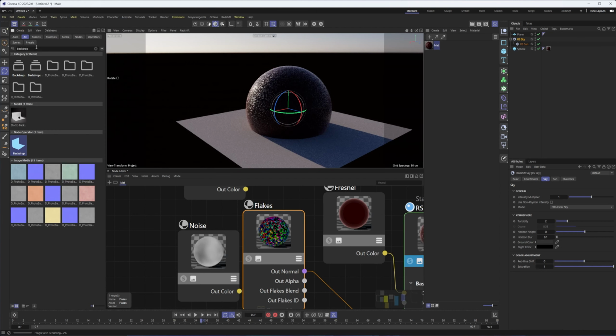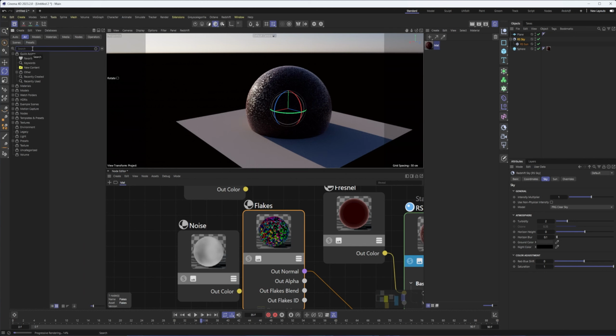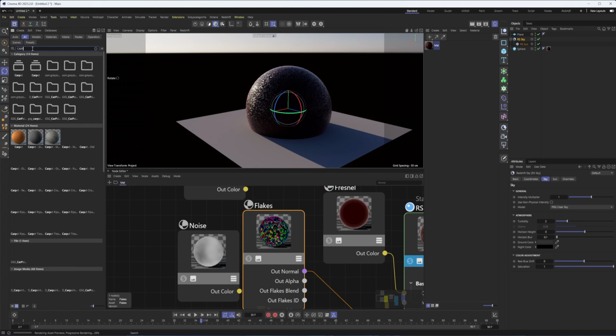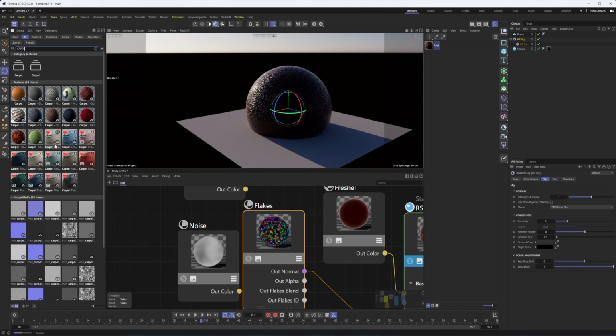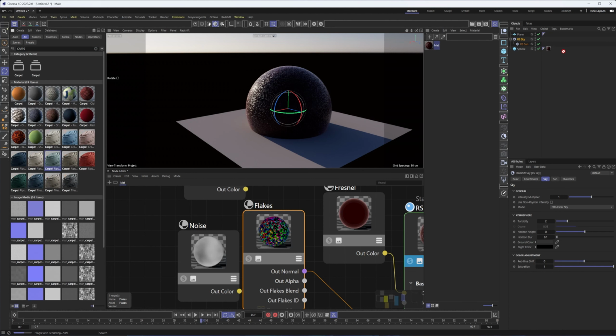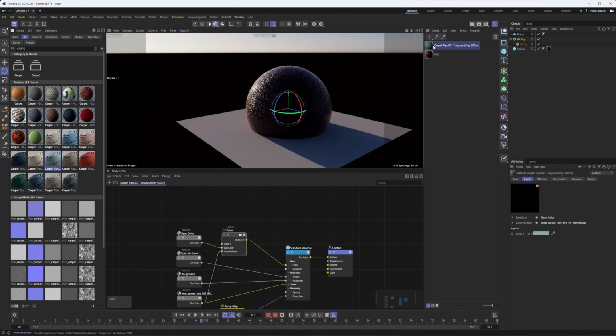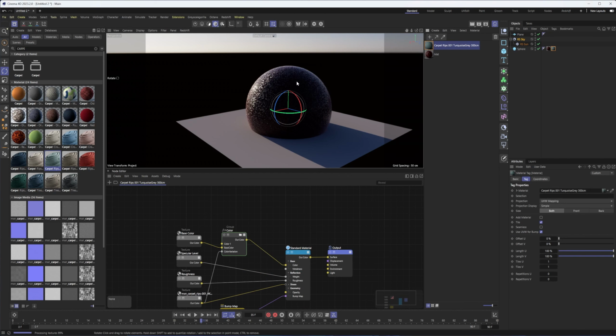Something else they mentioned was we do have some new Redshift capsule materials in here. So there were some carpet materials. We can see those. Okay, really nice. Let's see what we get with this. Okay, maybe. I mean, obviously it had to download.